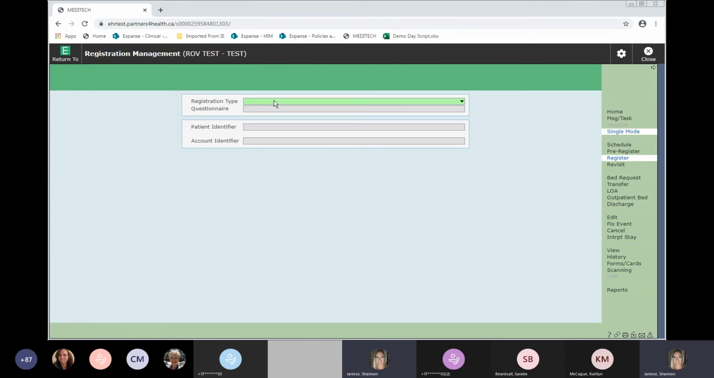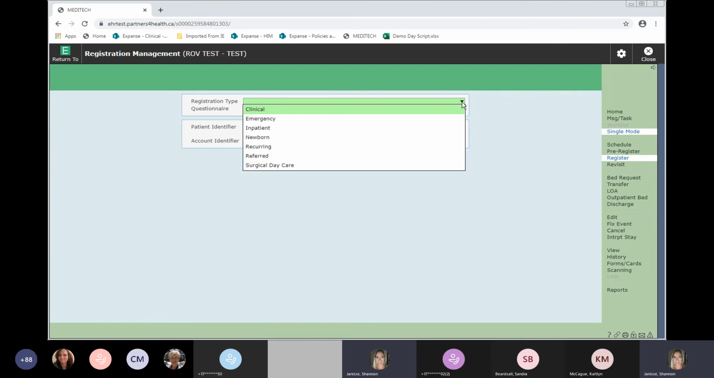So we've got our registration type. Wherever there's an arrow, we can select the drop down. This is new for Expanse. The registration types are the same, but we have standardized our questionnaires according to the registration types across the partner sites. Depending on what type of patient you are registering, the questionnaires are slightly different, with the relevant required data elements that are necessary to collect. So I'm going to go through